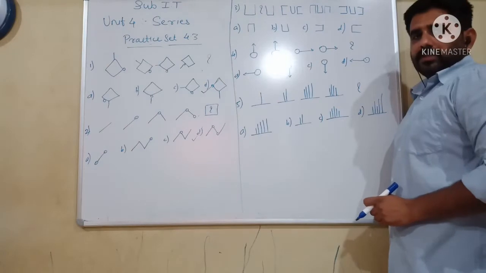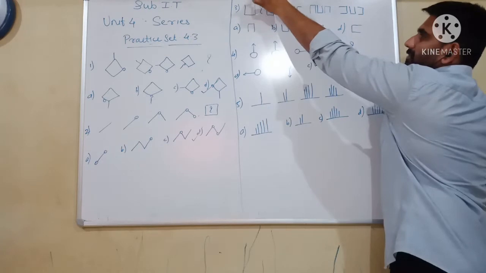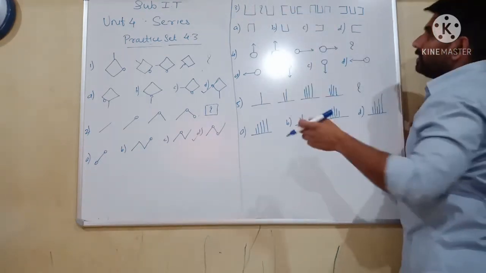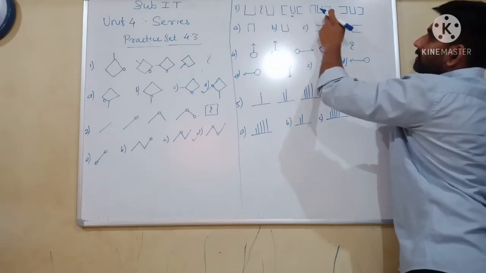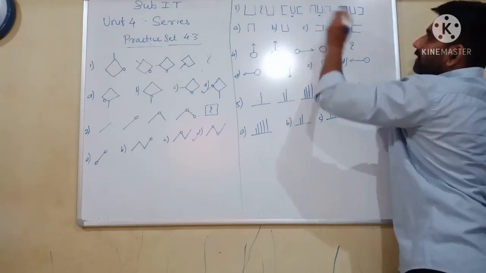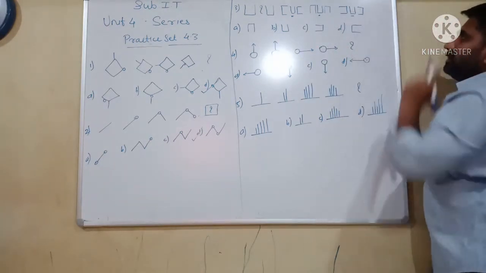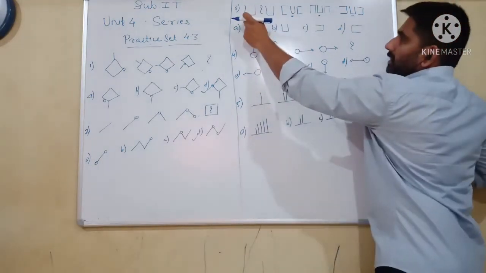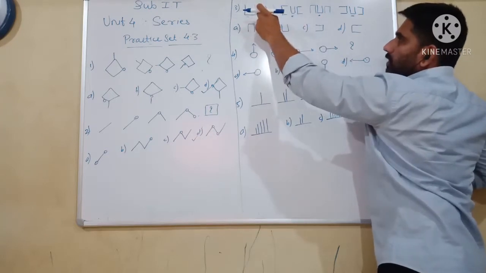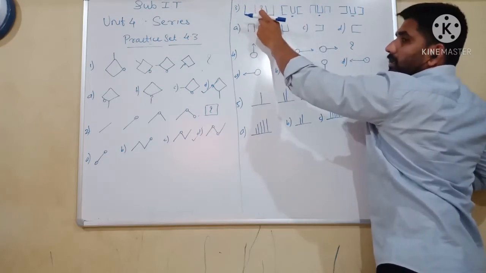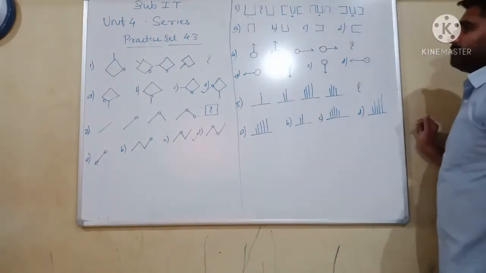In question number 3, again a pattern is being followed. 2 figures are on the same side, the second one is different. See here, these two figures are on the same side, the middle one is different. These two figures are on the same side, the middle one is different. Here also these two are on the same side, the middle one is different. So in the first one, where the question mark is given, these two figures are on the upside, then the middle one will be different, so it will go to the downside, means option number A.